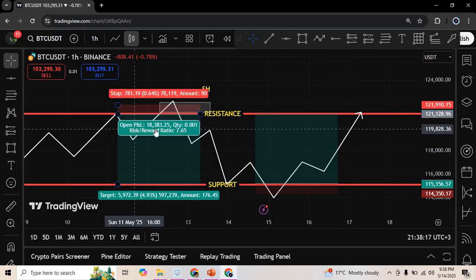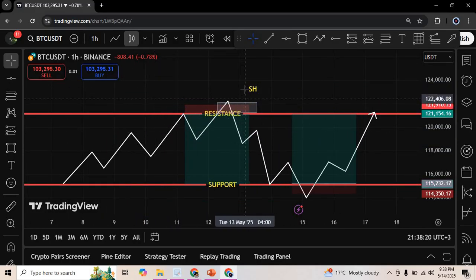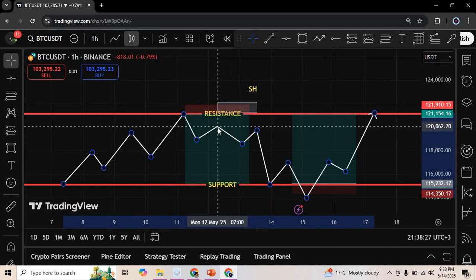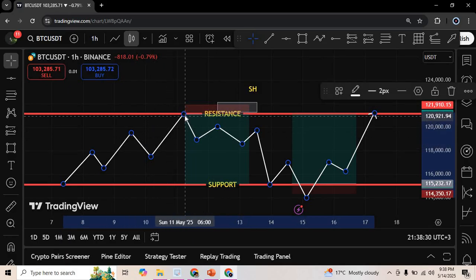If your entry is triggered and your stop loss is hit, then it means you've actually lost money in the market. But there's a difference with this. My entry has not been triggered. So what do you think the situation will be? My entry has not been triggered, so I'm not in that trade. So nothing happens to the account. My $100 will remain $100. Yes, so there's a difference between a missed trade and a trade that has been stopped out.